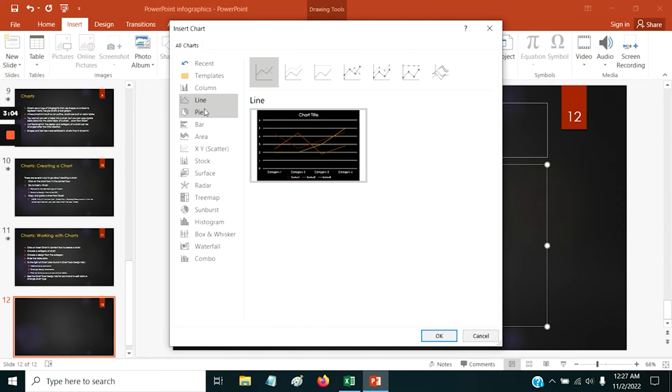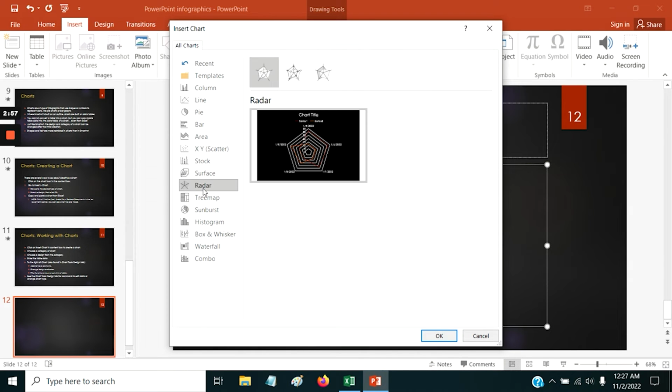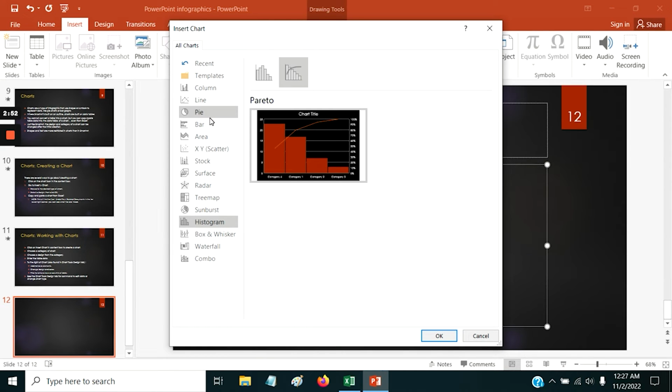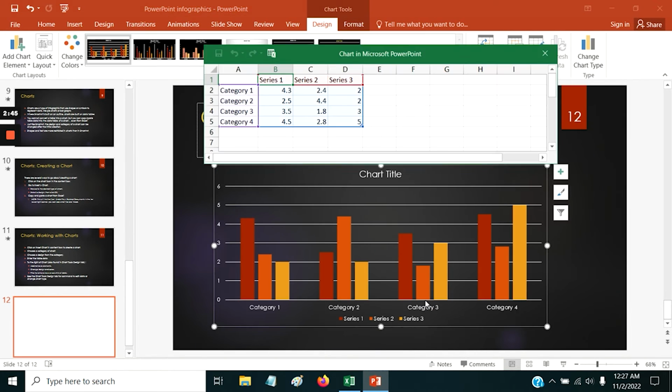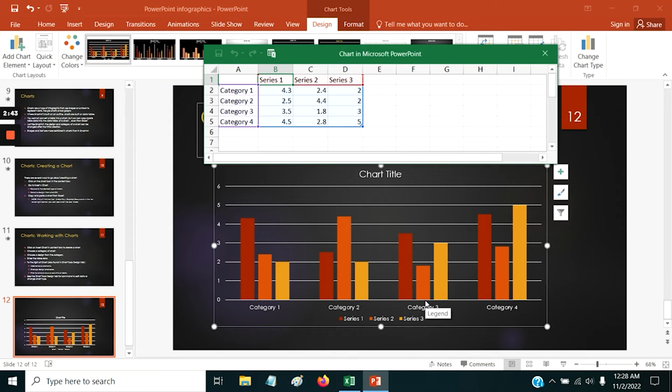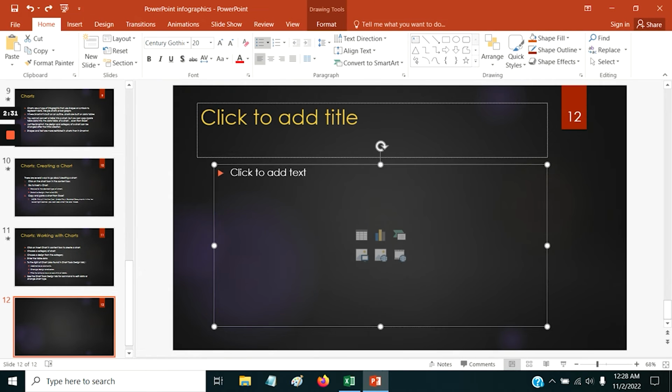So you've got your list of categories on the left, and again, your designs on the right. Again, a pretty good collection. Lots of different types for lots of different kinds of data. So after you pick your charts, pick your design, click OK, and you get something like this, where again, you've got your chart in the content box along with the data table. I'm actually going to X that out, undo that,